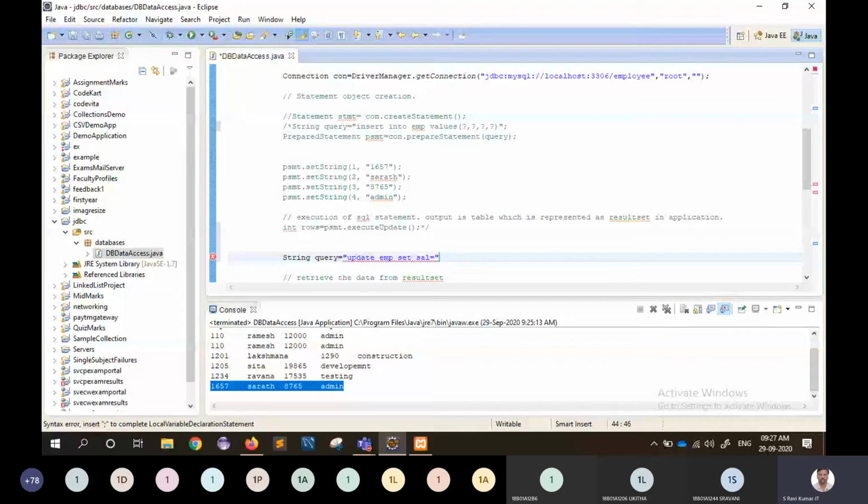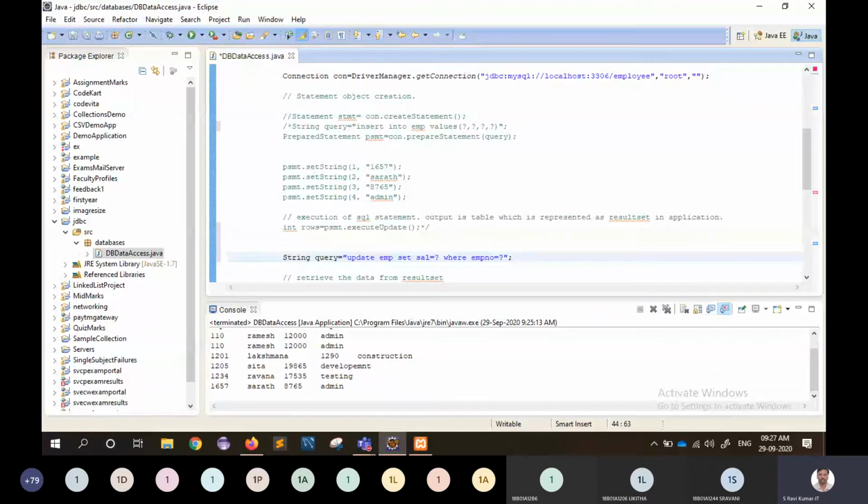For which employee? Where, what is the column name here? EMPNO equal to question mark. So instead of writing the value directly inside this, just put the question mark here. Okay, this is the query.